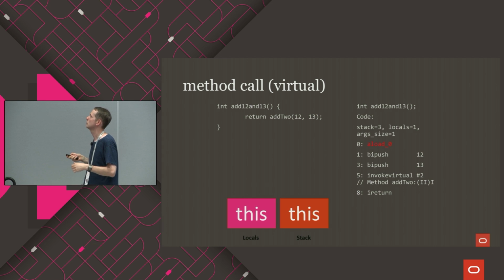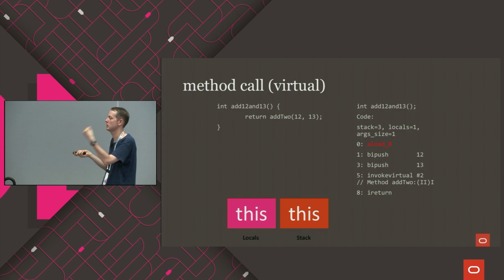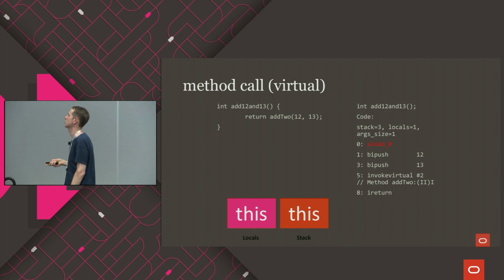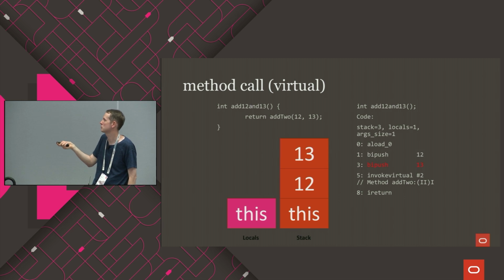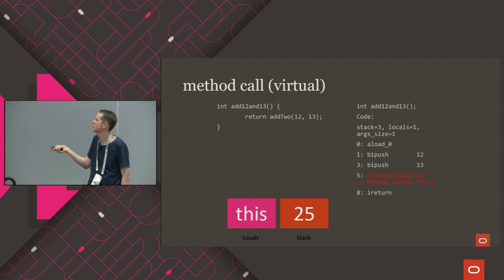So when we're calling a virtual method, we have to pass this pointer, right? When we are a virtual method, we always get the this pointer passed. So this load 0 is we're taking what was in slot 0 and pushing it on the stack because it's part of the calling convention, so to speak, for bytecode. When I call a virtual method, the first thing on the stack is the this pointer. And then I'm just pushing these constant values right here. These are really small values, so they're in the byte stream. They're not in the constant pool. So I just push 12, I push 13, and then I have an invoke virtual